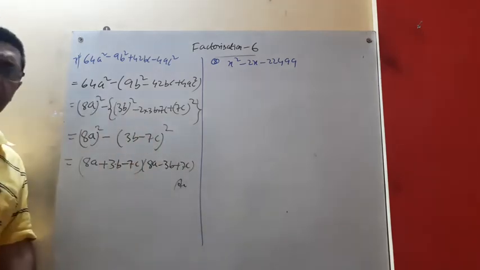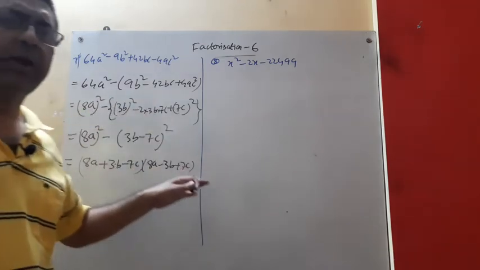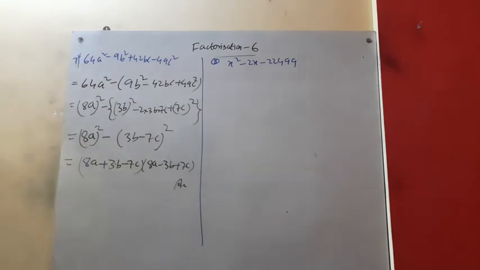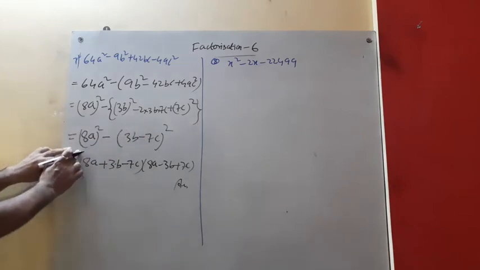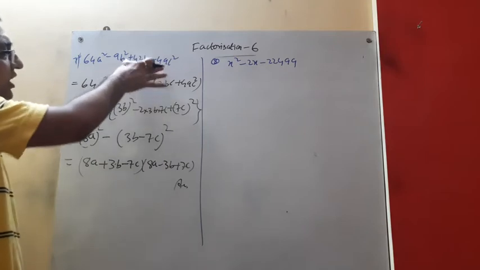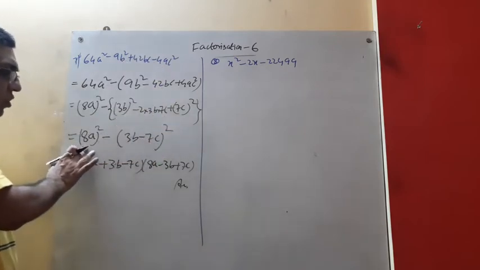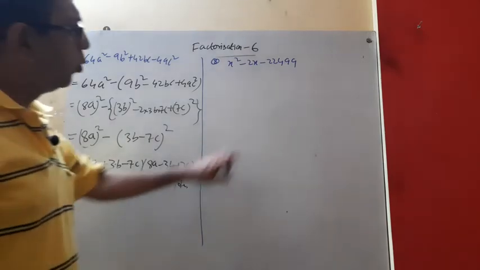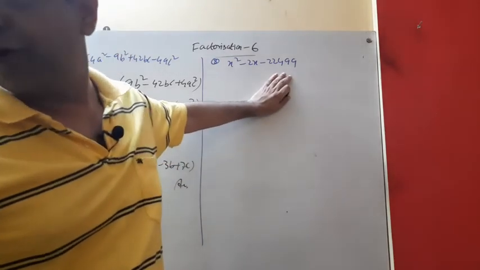Please check the calculation. Maybe there is some mistake because I have written c instead of a here. Please check the calculation. The method is 100% right. So a square minus b square, a plus b into a minus b. That is the answer. So whatever we have done, look, this form is the difference of 2 squares. At first make these 3 terms a perfect square. Then this x square minus b square form gives a plus b into a minus b. This is what we have to go for.